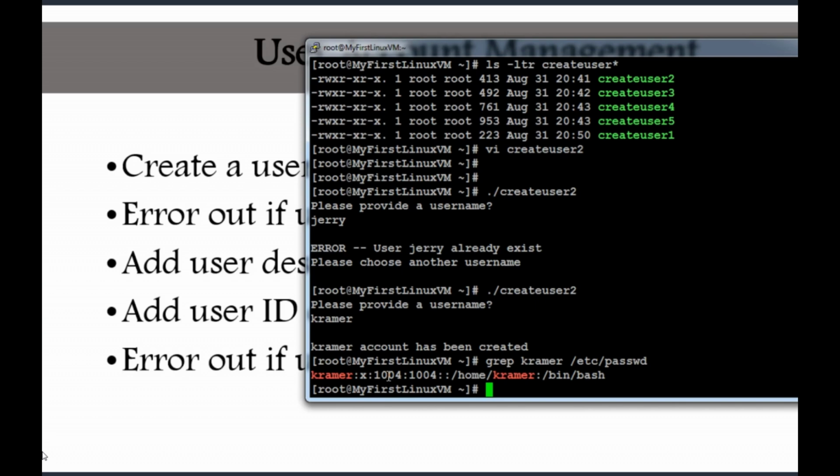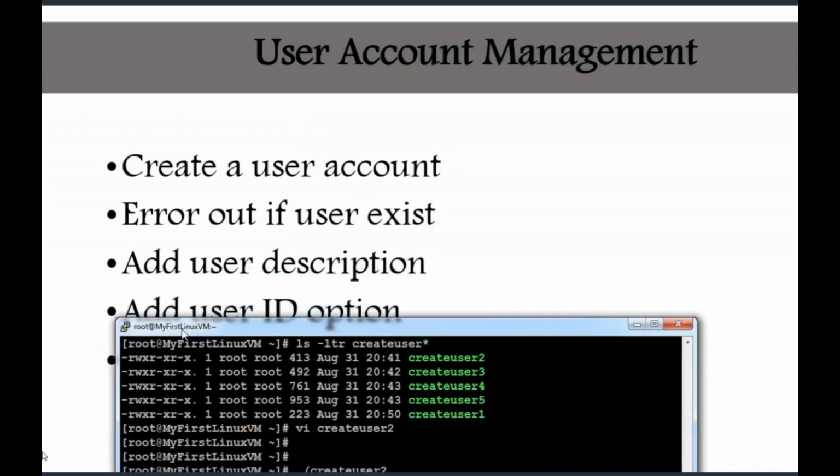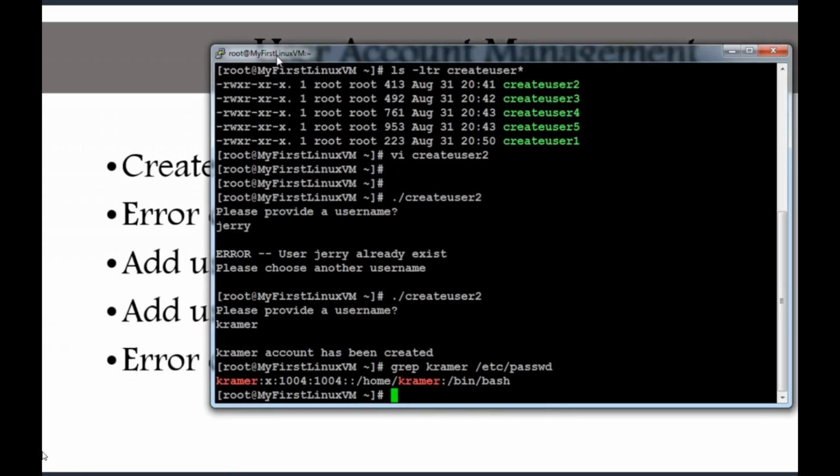Third script we wanted to do is add user description. Right here, the third one, add user description. So the way you could add user description is by running the command useradd and the username, whatever, and -c is the option, and then you put in the comment, system admin guy or whatever, and then you run it. But most of the time people don't use that, but we want to force that user to add that user description. So I created a script,